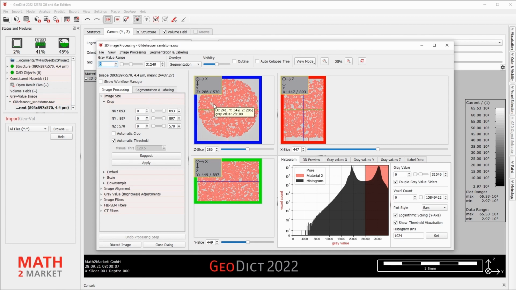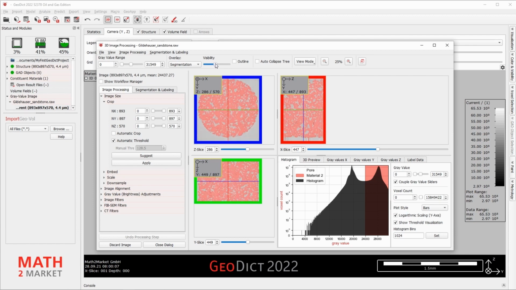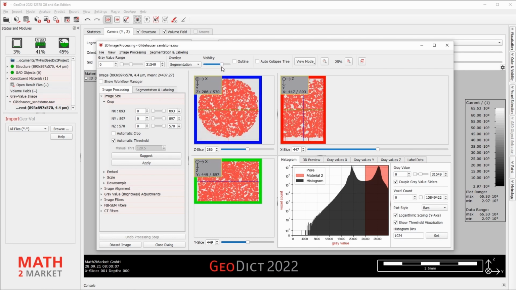This was made by the Otsu filter, which is default in GeoDict 2022. By moving the visibility slider on the top, you can make the segmentation more or less visible on the gray value image stack.